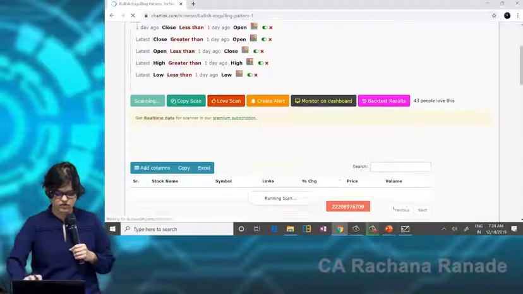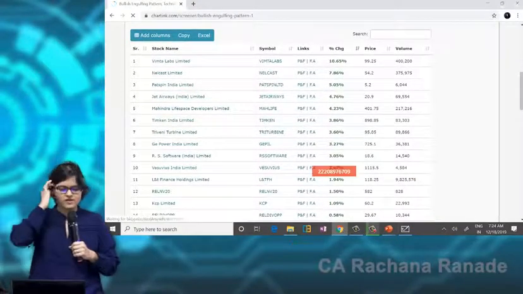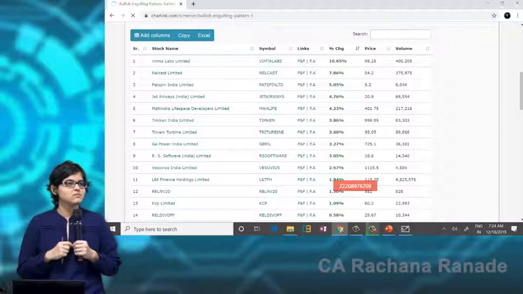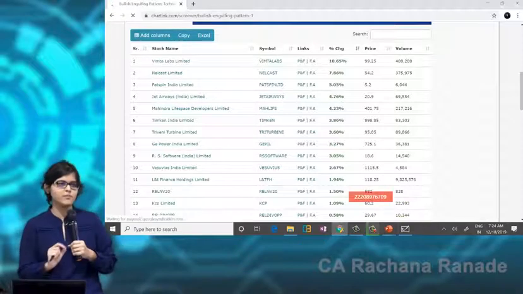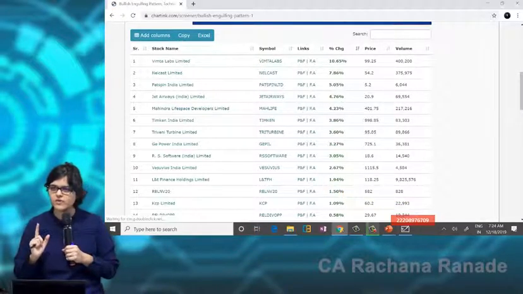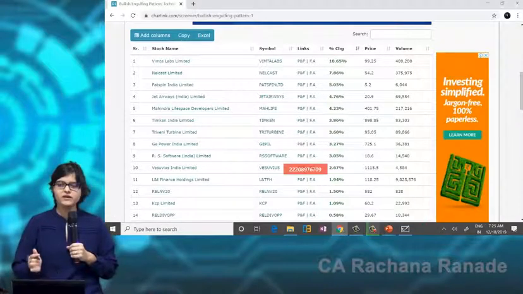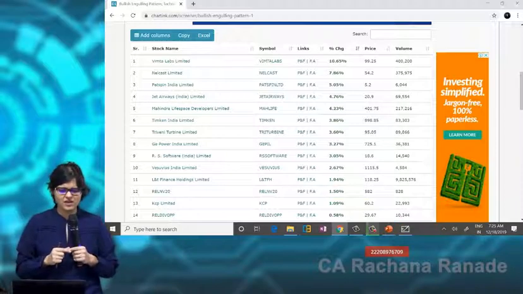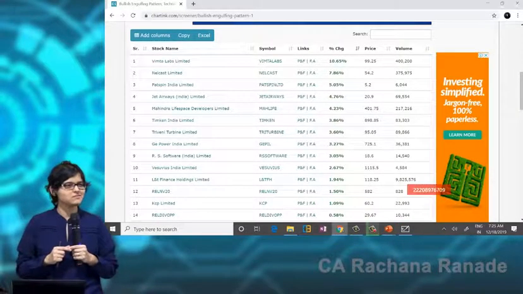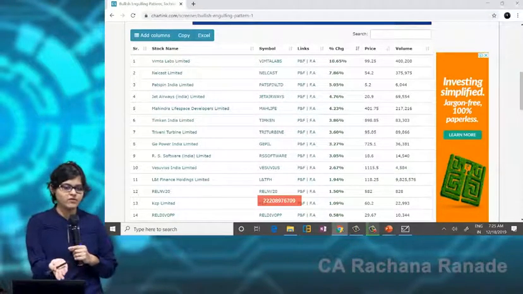Okay, just scrolling down. Running scan. Okay, fantastic. It has given me so many search results. And according to this software, in all these, as a latest point, somewhere a bullish engulfing candlestick might have been formed. Okay, so out of these, there are so many ones, but let us say I'm talking about L&T Finance Holdings. So what you can do instead of going through 500 charts, so what should be your scanner now? What should be your scanner? If you feel that this Vimta Labs Limited, frankly speaking, even I don't know what it does, of course, labs means I understand what it might be doing, but I have never checked out this stock.